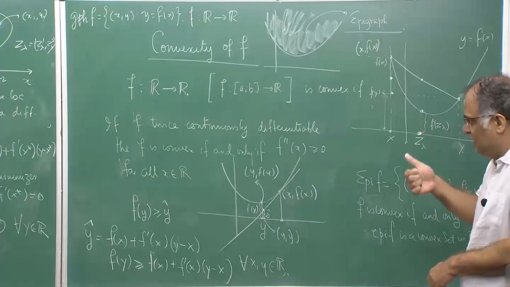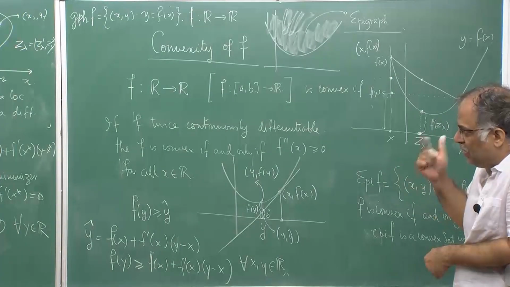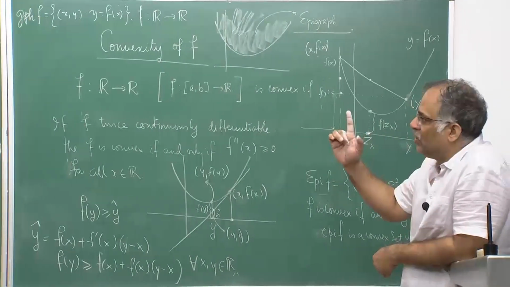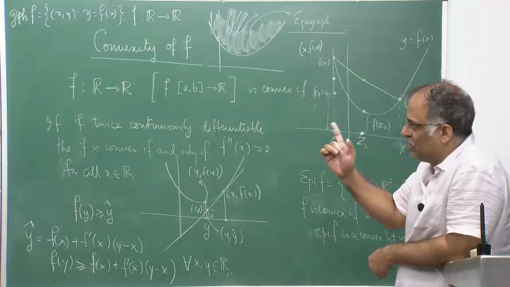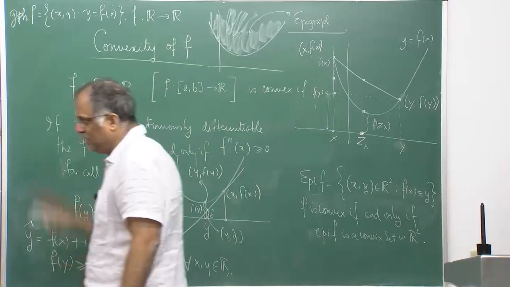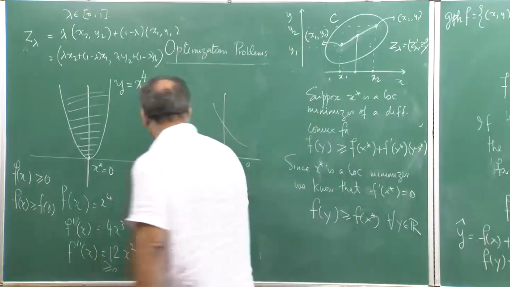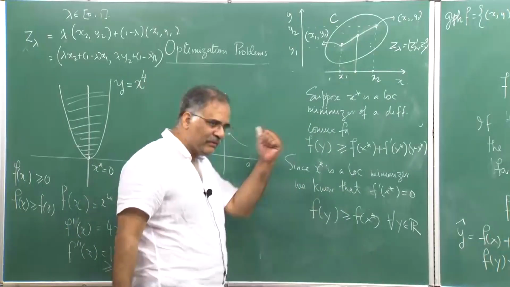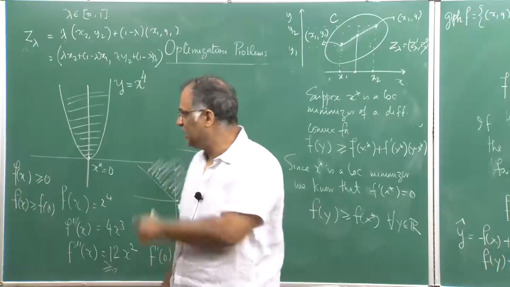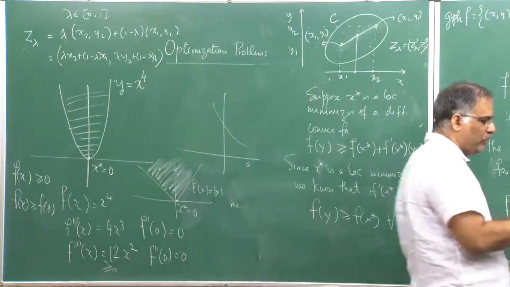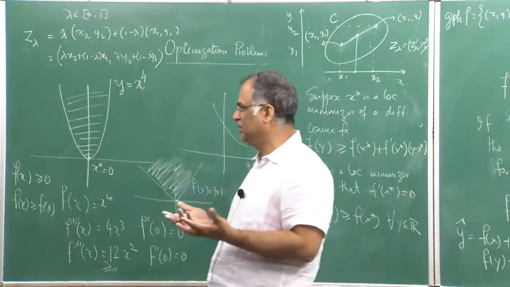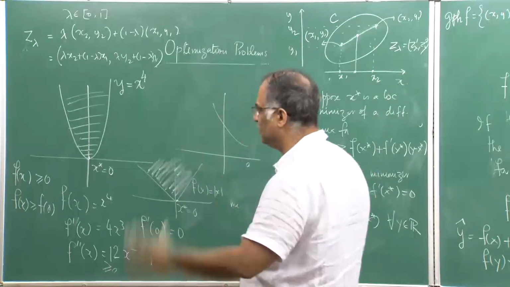So what does it say? It not only proves that a local minimizer is global, it says that whenever you get, for a convex function, a point with f dash x star equal to 0, that point is also a global minimizer. So here you have two learnings: there is no purely local minimizer for a convex function, everything is a global minimizer, and whenever f dash x star is equal to 0, that point is a global minimizer. For example, if you take x cubed, the point 0 is not a global or local minimizer, it is called a point of inflection where the curve changes shape.